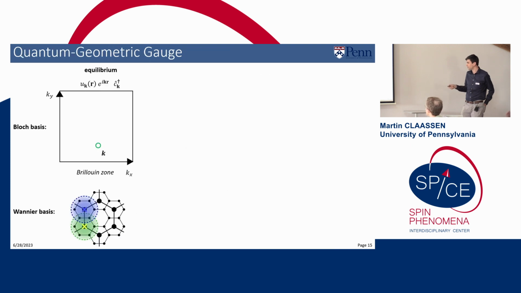Low energy description in terms of essentially dressing the Bloch wave functions using a parallel transport factor. And there's a simple physical picture of what one actually has to do. So ordinarily, when we think about light-matter coupling in a solid, we might work in momentum space using a Bloch eigenbasis. We have an electronic state at momentum k, and then couple this to light. That's our ordinary equilibrium Wannier basis.